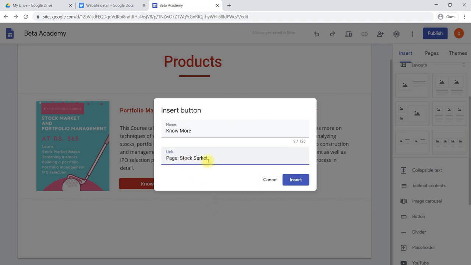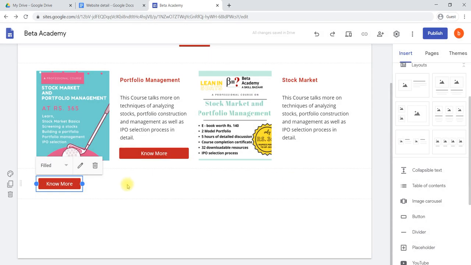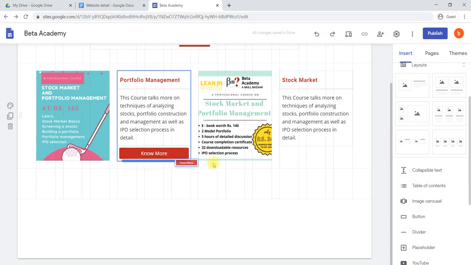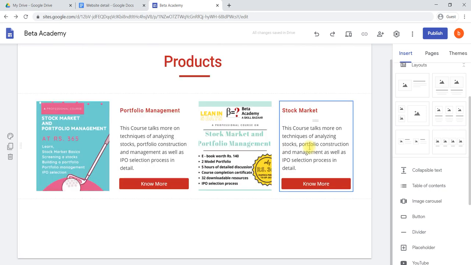This particular link should direct to the stock market page. Again we select that one and place it below. The blue line shows where we would like to keep that particular button. Now we have placed the button. Now the product page is ready.